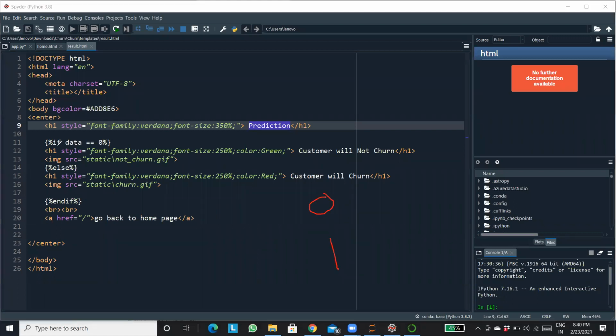If the value is 0, it's going to return customer will not churn, and I have an image, or you can say a GIF, for that, which it is going to display. Else it's going to display customer will churn, and for that I have a different GIF saved. Are you able to get the point, guys? Any doubts still here?